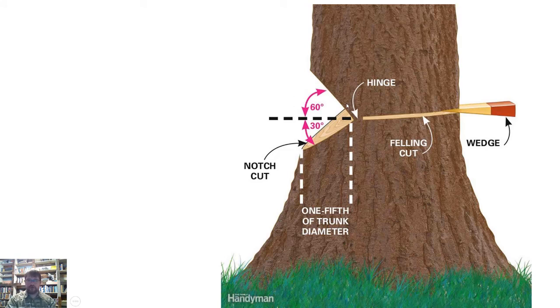If it's a leaning tree and you're not going to pole it, you're not going to cable it up or anything like that, most of the time, whatever direction it's leaning, that's going to be the face side of the tree. Now, obviously, you can cable these. If you're going to cable the tree and pull it the opposite direction that it's leaning, for just kind of a rule of thumb,